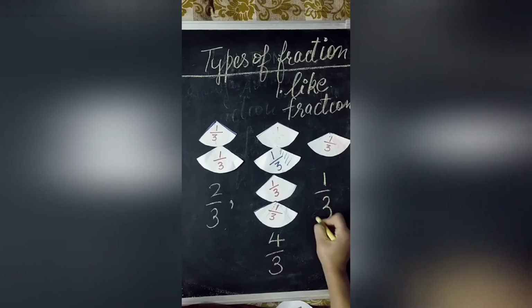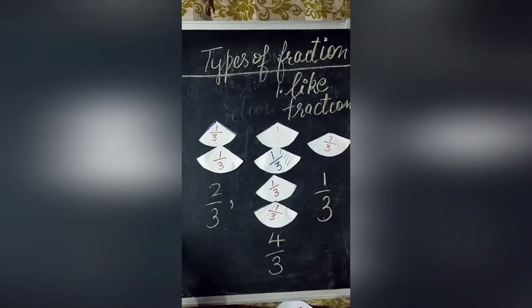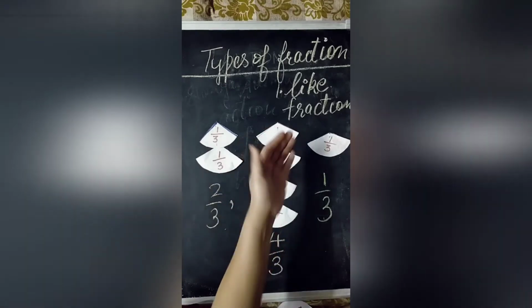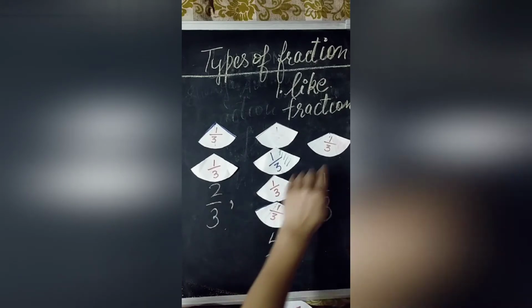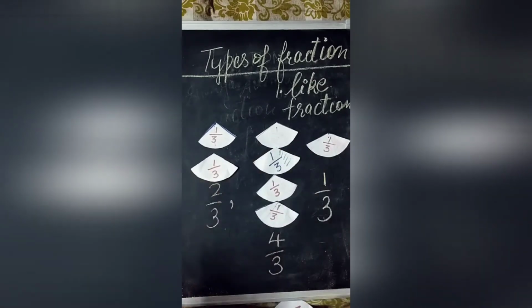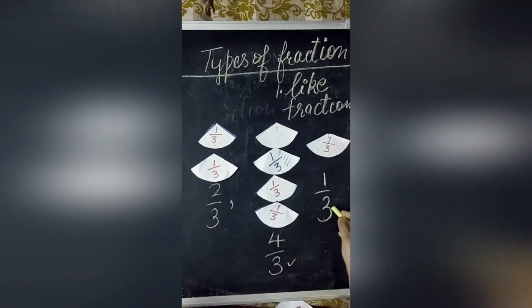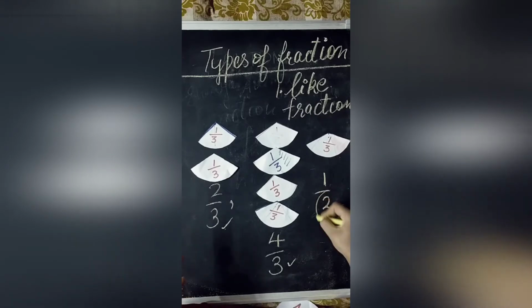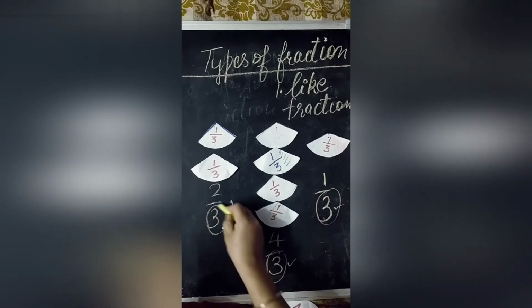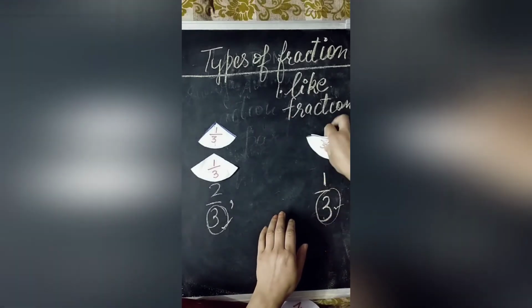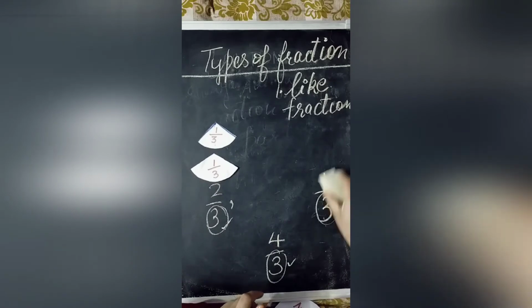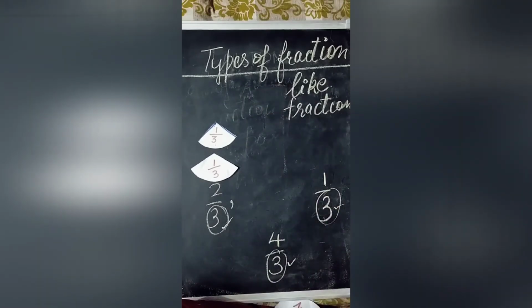This is 1/3. What is the similar between them? The piece sizes are same. Okay, this is the third piece size. This is also the third. This third, and third. All the piece sizes are same. So we can say those whose denominators are same, or those which have the same piece size, those are the like fractions. Okay. Next is,